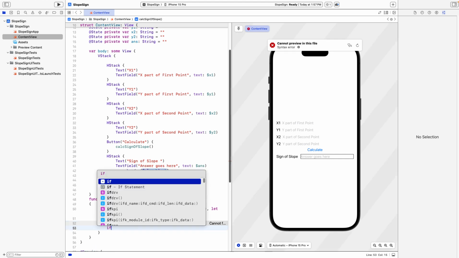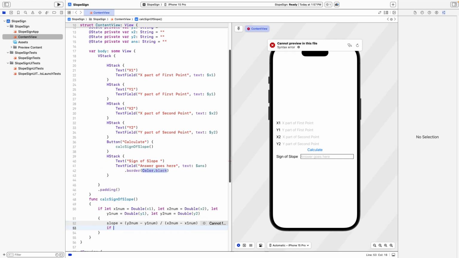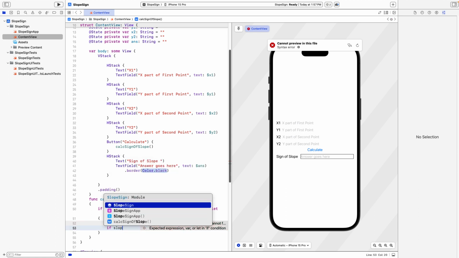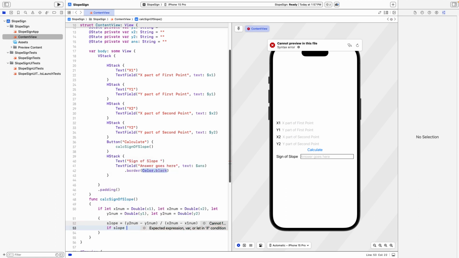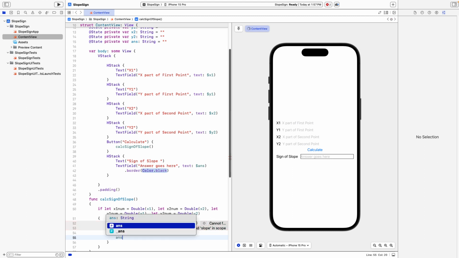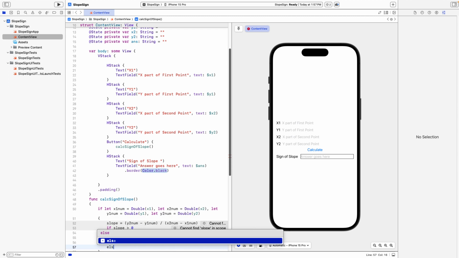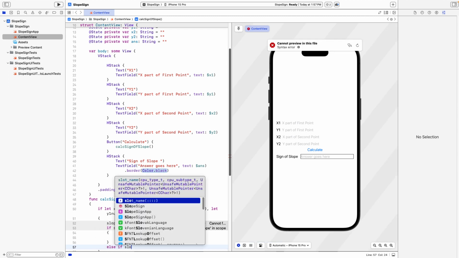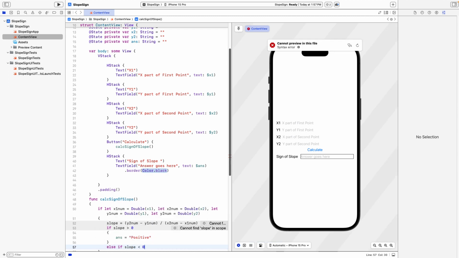Now I'm going to do a check here. I'm going to say if, and I don't remember if I need parentheses. I start mixing up the languages that I work with. So if slope is greater than 0, then this is going to give us a positive result. So we'll say our answer is equal to positive. Down arrow, come down here. Else if slope is less than 0,